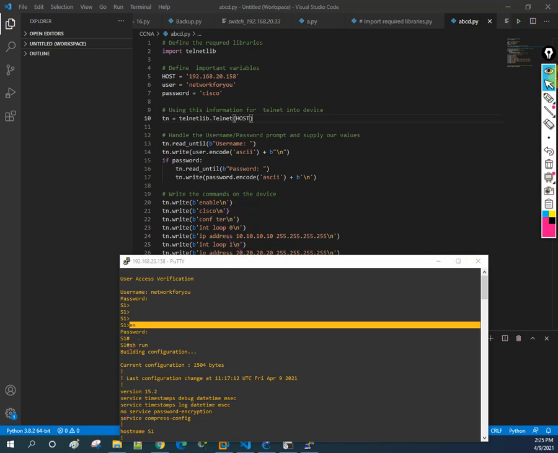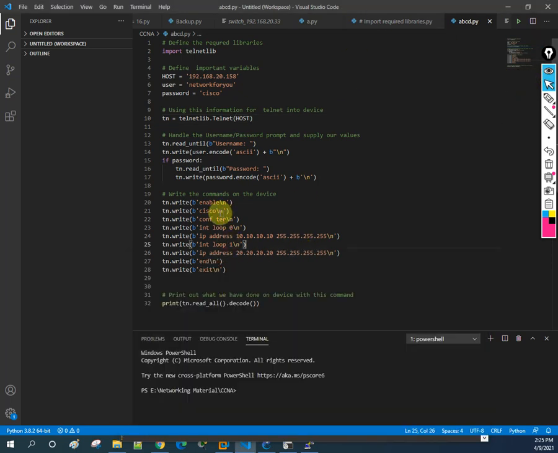So till here it is okay: enable, Cisco, config t. From here it will change. I will write here VLAN 10, because we don't have that VLAN, right? Then here I will write VLAN 20.